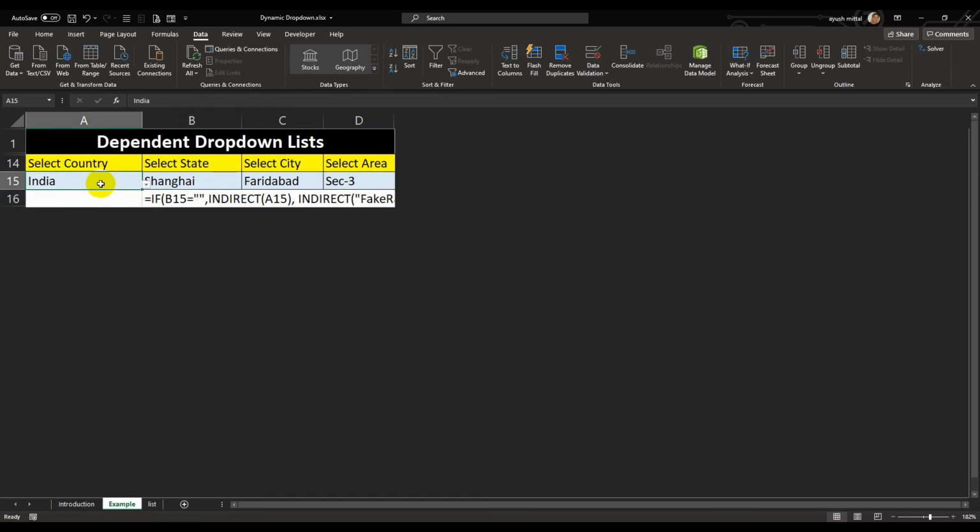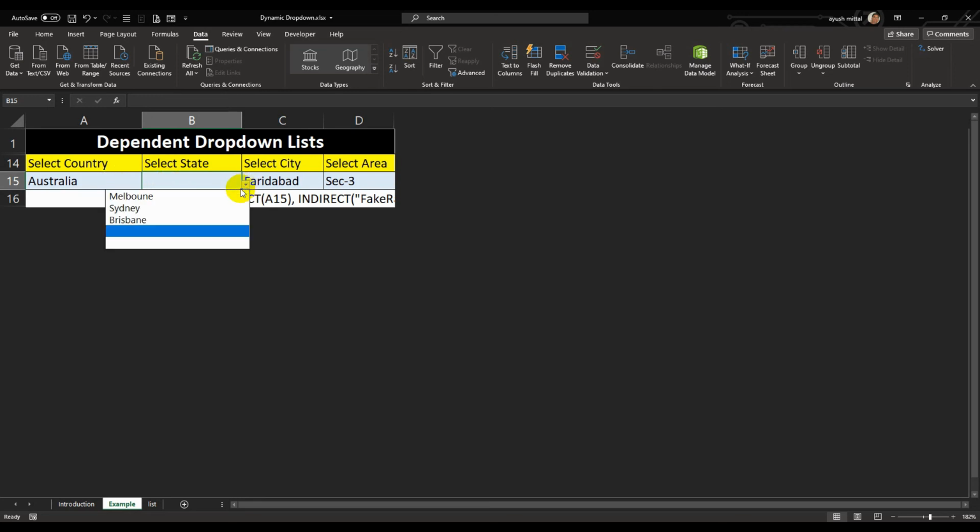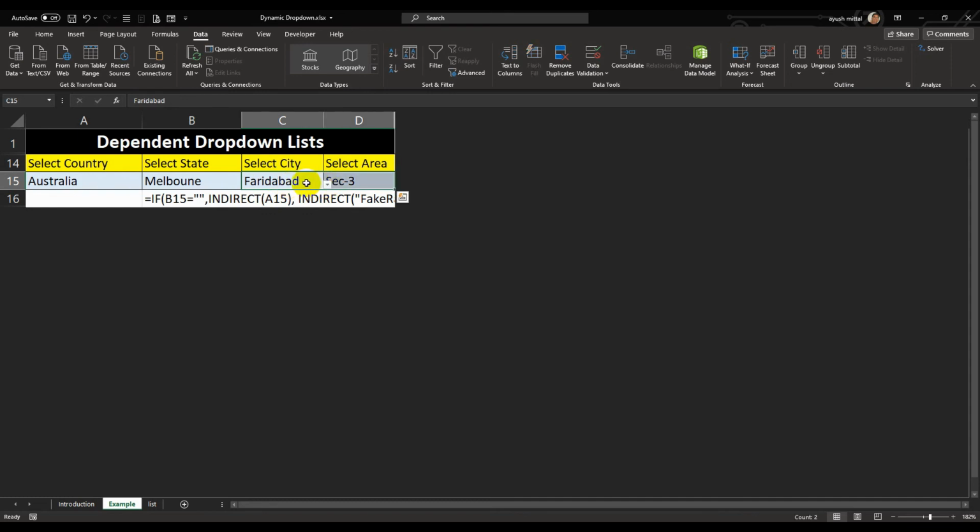Now if I change the country to Australia, this will not change. To make this change, I have to first delete this, and then if I change to Australia, it will show me Australia. Now this will not change until I clear these cells.